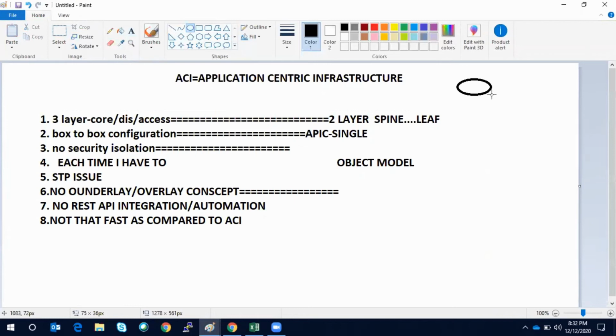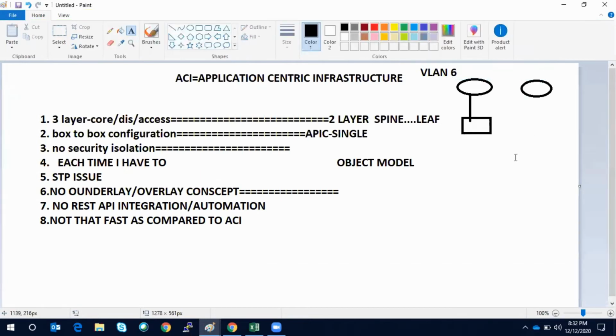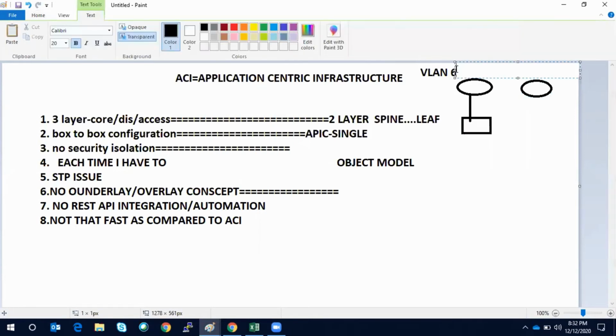let's say this is my two leafs, and here is my server. The server was initially connected to this leaf. What I have done in ACI is configure one VLAN, let's say VLAN 6. As soon as I configure VLAN 6, that VLAN 6 gateway will be available on all the leafs.